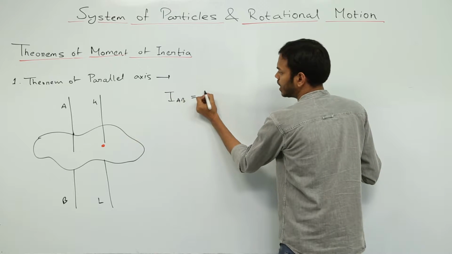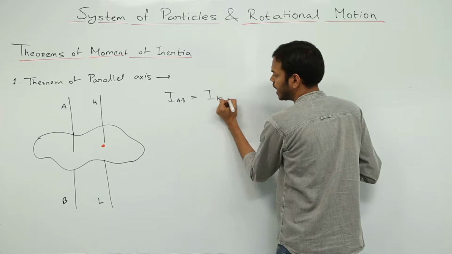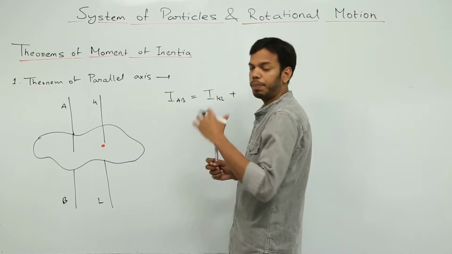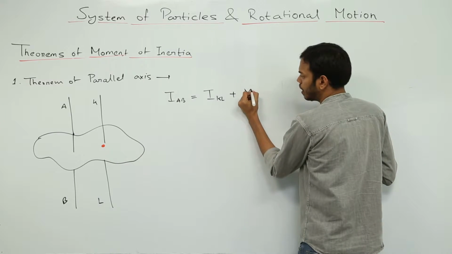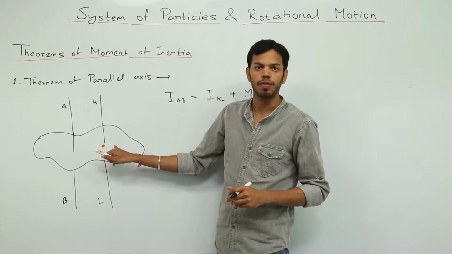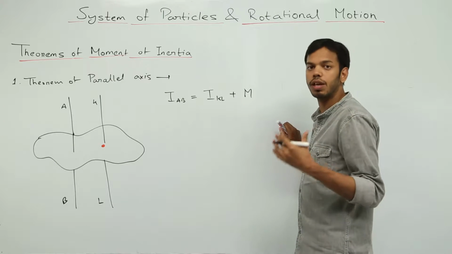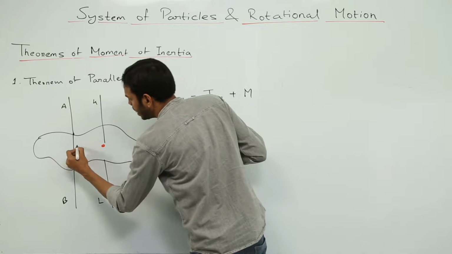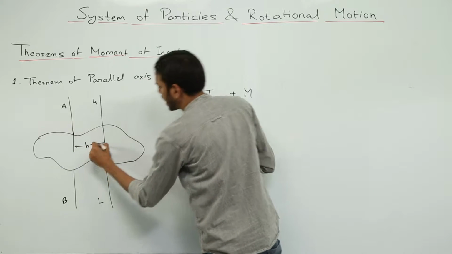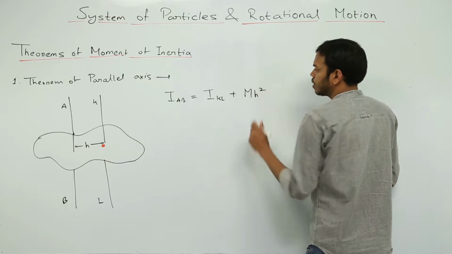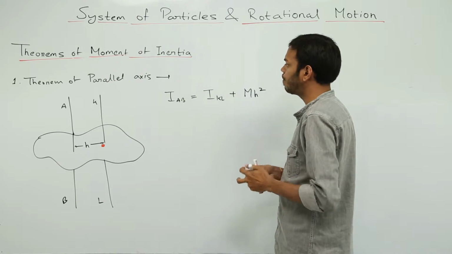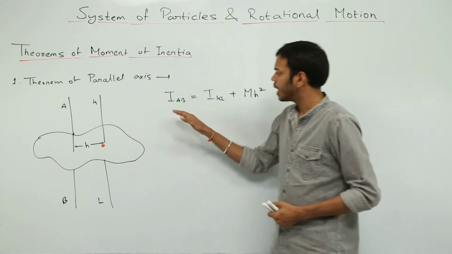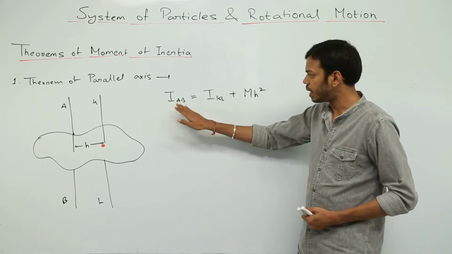So moment of inertia would be this moment of inertia about KL plus the product of the total mass, which is basically the center of mass itself, because the center of mass is where the whole mass of the body is concentrated. So the product of this mass and the distance between these two axes. So this is the statement of the theorem of parallel axis,